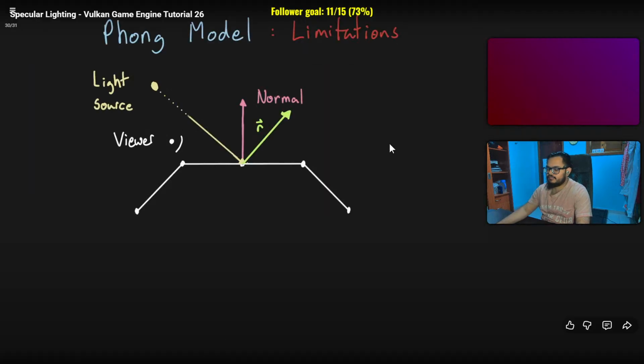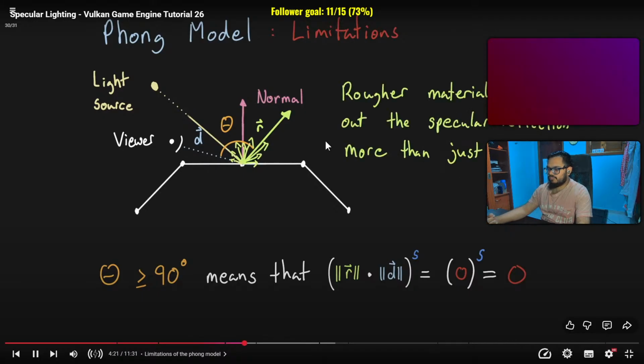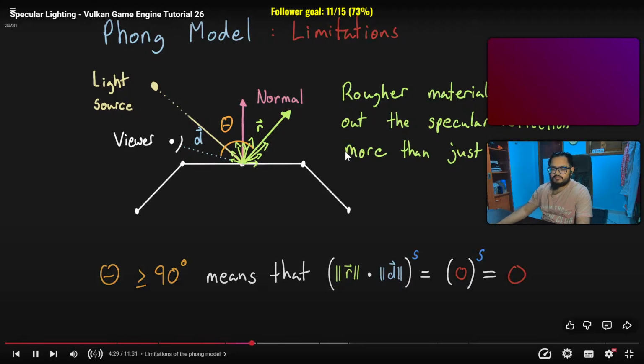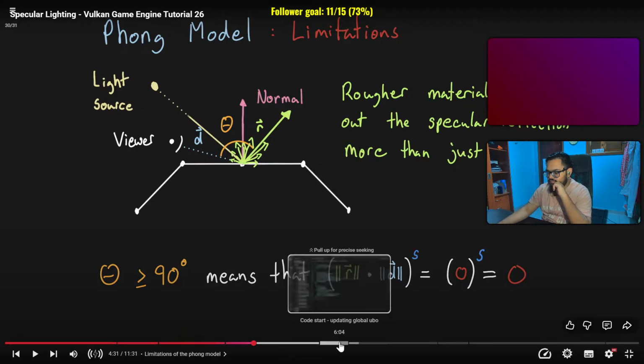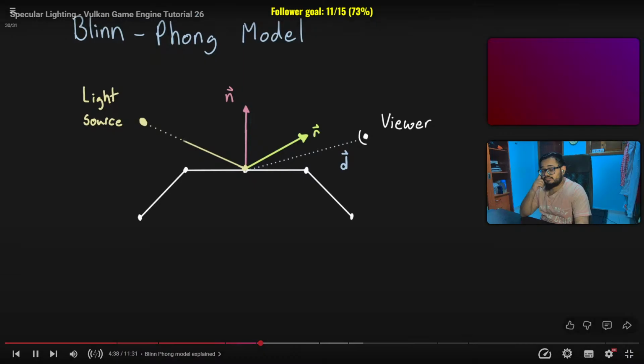The Phong model has some limitations. Most notably is that the angle between the direction to the viewer and ray of reflection must be less than 90 degrees for the specular component to be non-zero. For smooth materials with a sharp highlight and a high exponent, this isn't much of an issue, since the specular light should be very concentrated. However, for rougher materials, it should be possible that a non-insignificant amount of specular light is being reflected to the viewer at an angle surpassing 90 degrees, which the Phong model just doesn't really account for. The Blinn-Phong model, on the other hand, overcomes this limitation by first calculating the vector directly between the direction